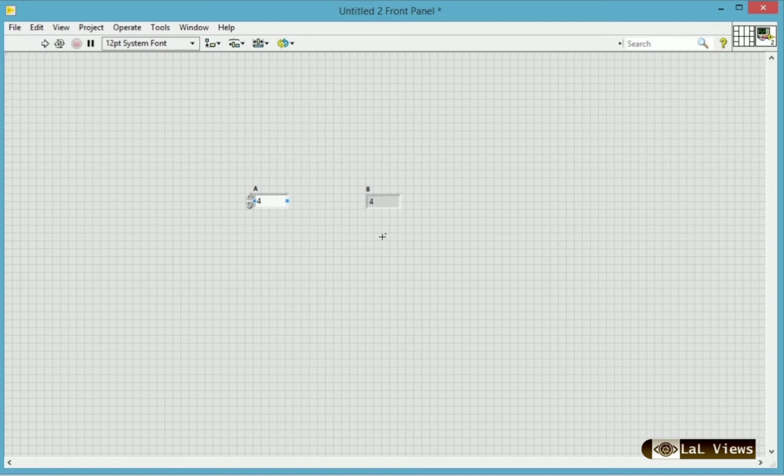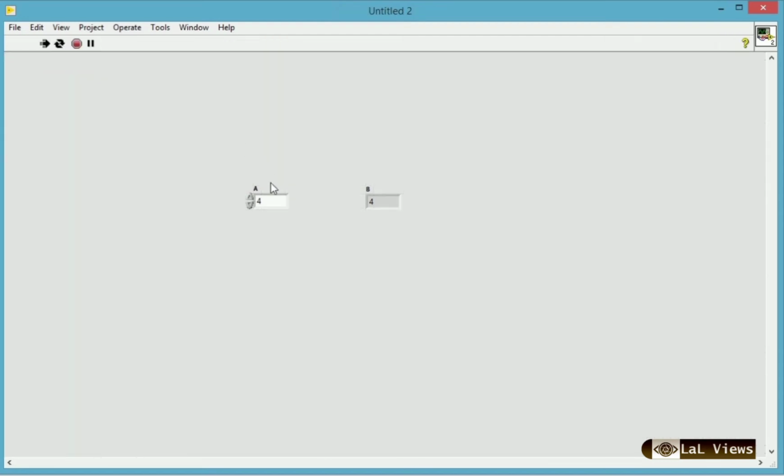Okay, you can also make this logic run continuously. The second option, nearer to the run button, is run continuously. When I press this run continuously button, the program will run continuously. When I change the value of A, that will be instantaneously displayed in B. See, 8, 10, 11, 20, 30, 40, 50, 60, 90. The same will be displayed in the numerical control and numerical indicator B. So our program is A equal to B, and that's why the output will be like this.